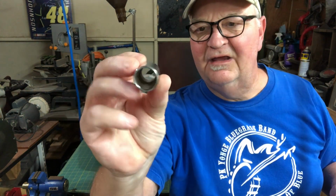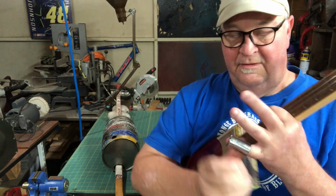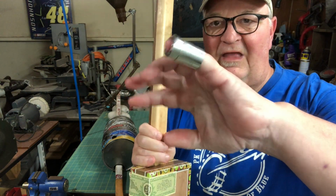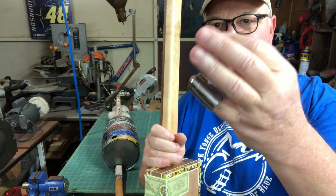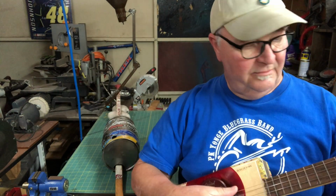I found this at a swap meet. It's actually not a socket. I don't know what it goes to, but it was clear through it, and then it has a little thicker edge on the rim, so that way it fits on my pinky pretty well. For cigar boxes, they make slides for your pinky. They call them stubby slides because they're smaller than those longer slides you use for a guitar. But